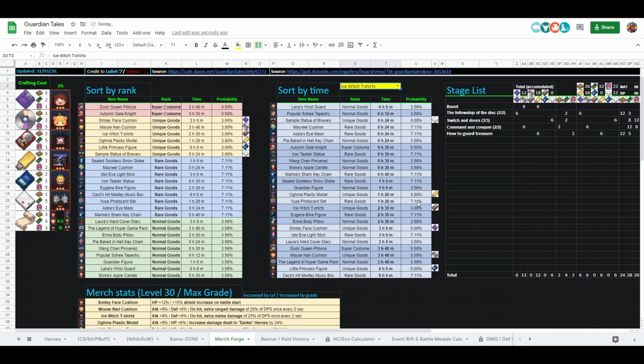So if you choose this, you can see the percentages change around a little bit. So for example, if we choose the Ice Witch t-shirts, you can see it's 3% there, but it's 0% for the others. That is just because you cannot get them from that blueprint. So this assumes that you use a specific blueprint. For the Ice Witch, that would be the mechanical hard drive. If we go for this smiley face cushion, that would be the floppy disk. Then you can see there's 0% on the t-shirt, but now instead the smiley face is 3%. So it's just that. It doesn't really have a big function, but I figured I'd just answer that question before